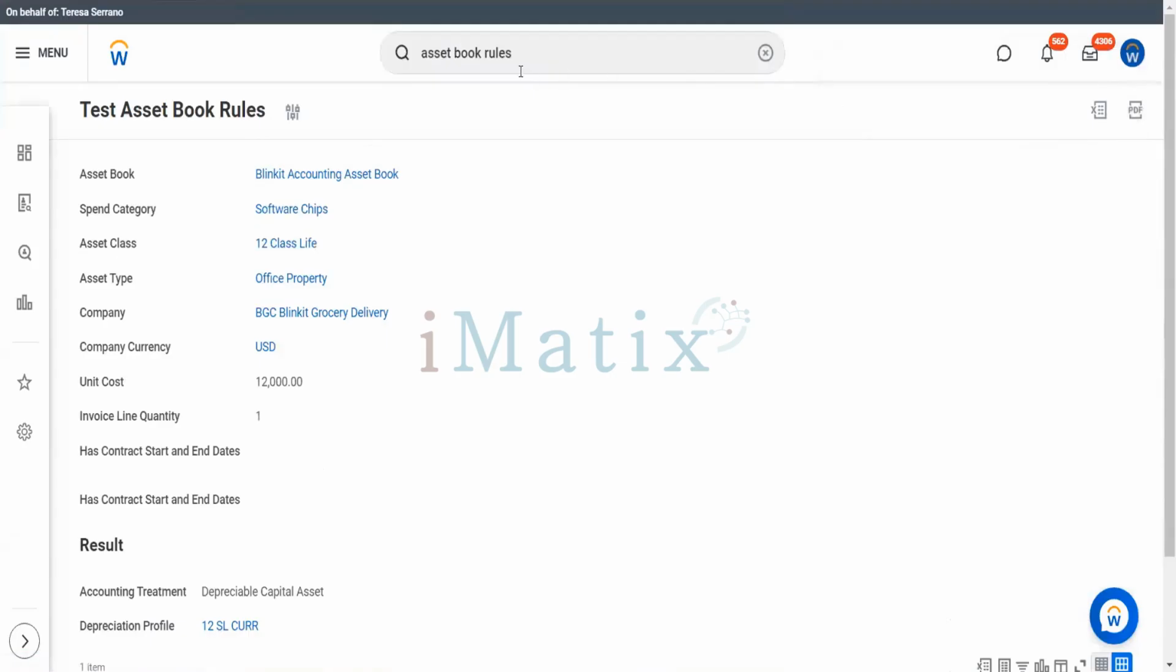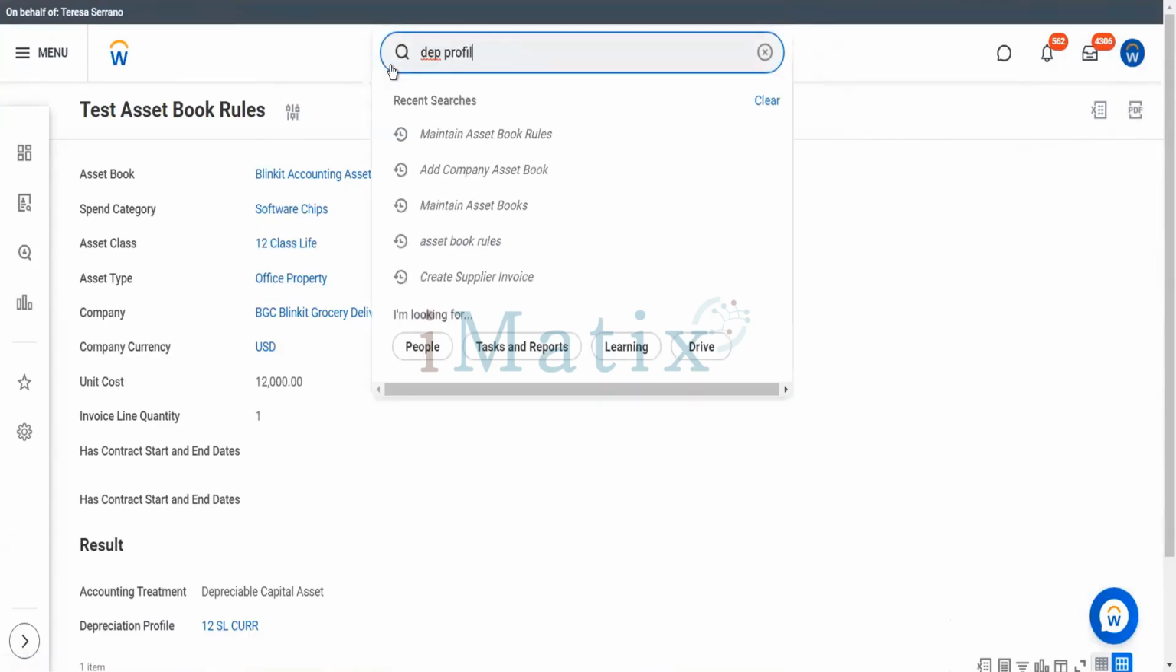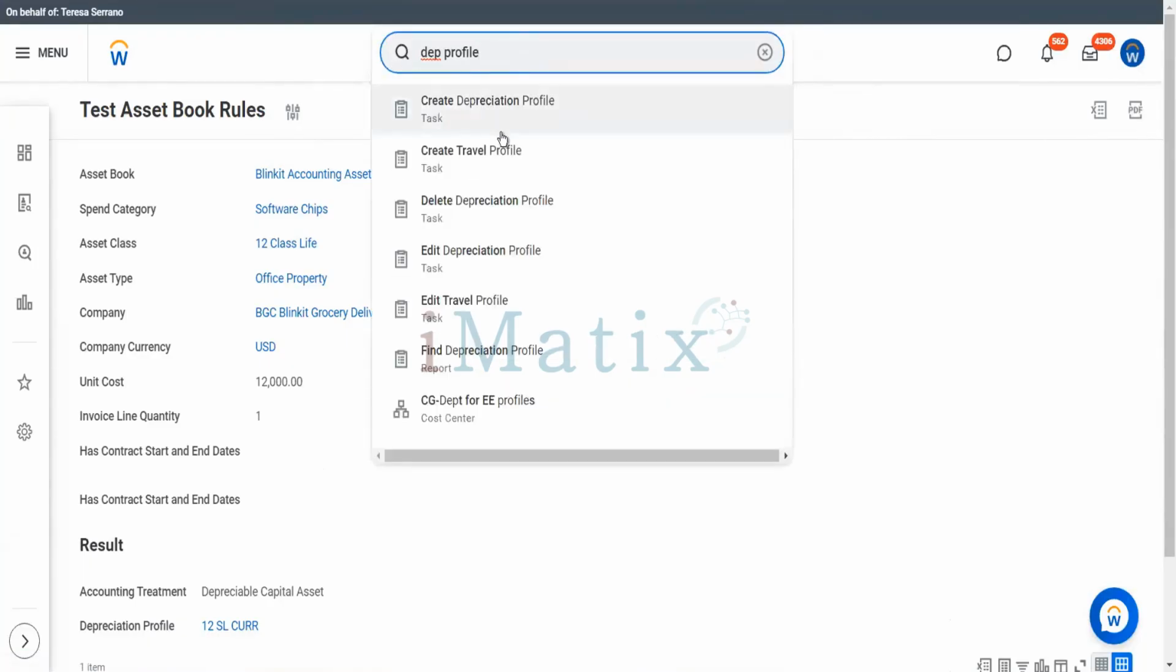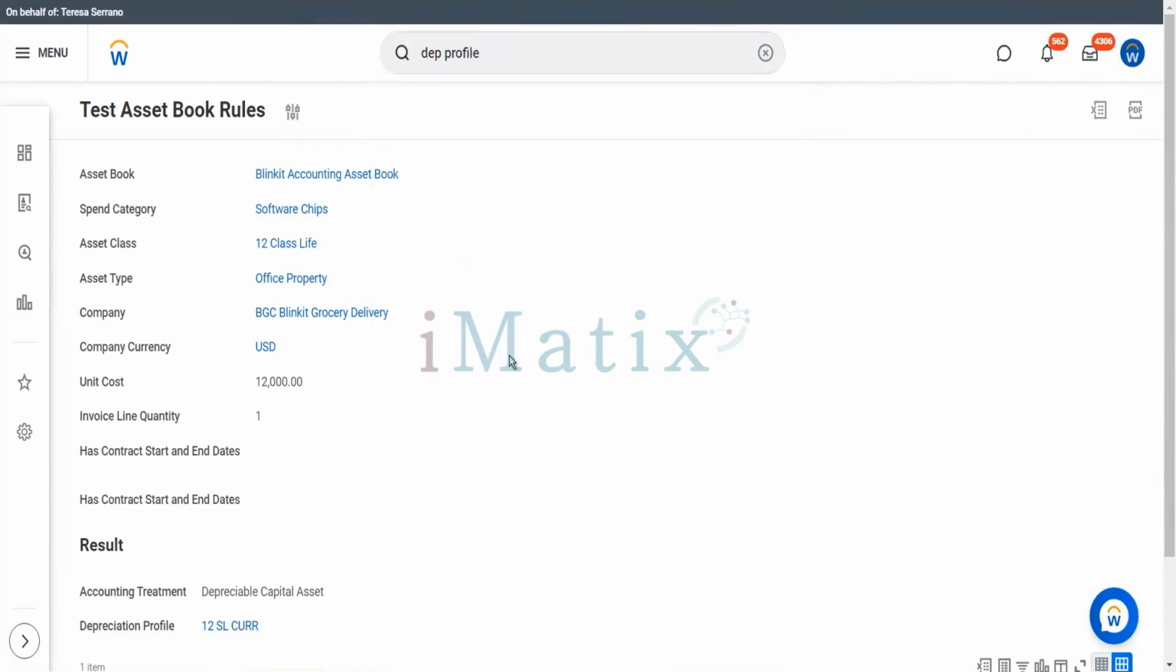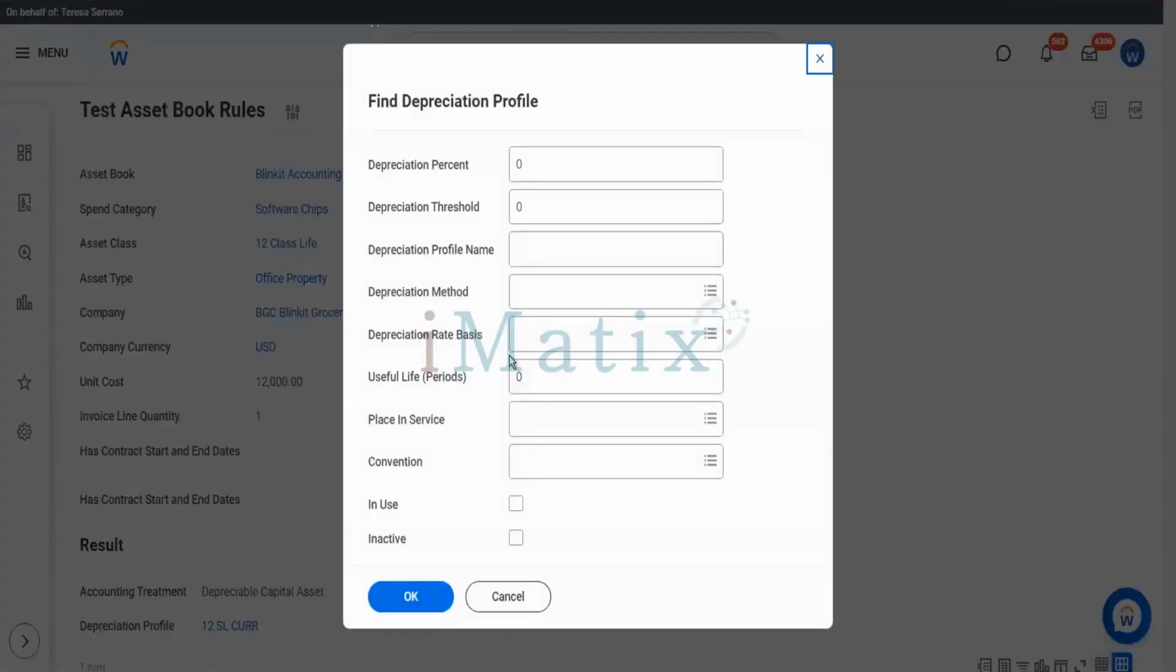Now let's see one more thing, depreciation profiles. You can create a depreciation profile or edit a depreciation profile. First of all, we'll go to the depreciation profile record object. It's the same thing like maintaining all those things. If I hit here, you can see